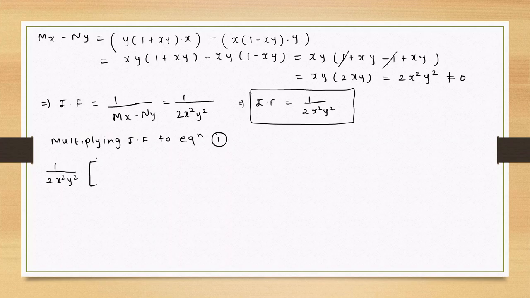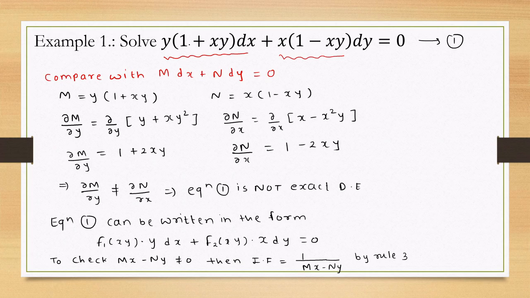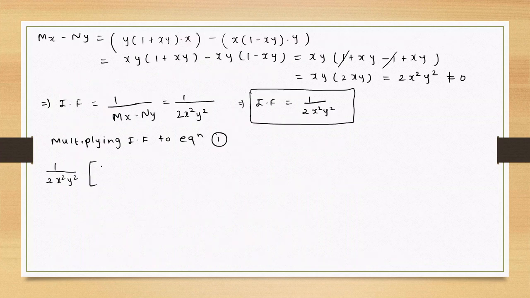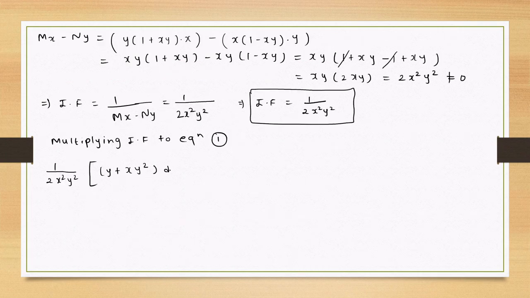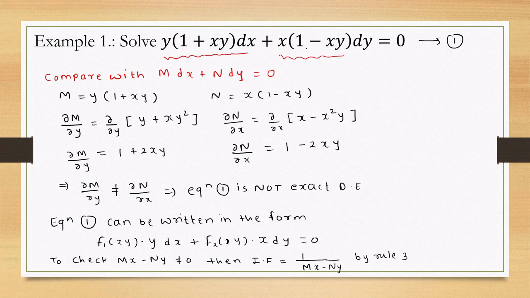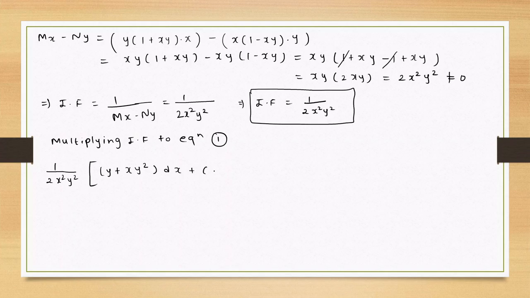Now what is equation number 1? y(1 plus xy) dx, so we can write it as (y plus xy square) dx plus (x minus x square y) dy